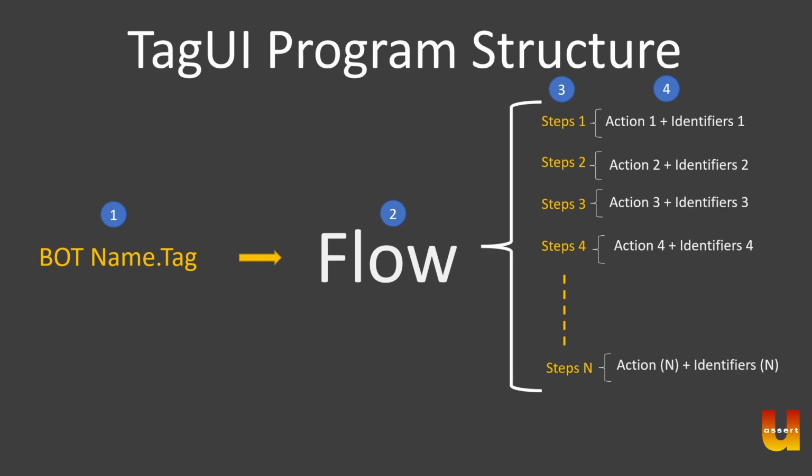I'll be using the same example code which we have used to test the installation and configuration of TagUI, which comes as part of the installation package, which you can find in seed:/TagUI/flow/sample folder. Let's now connect these concepts, a flow file, a flow, steps, action, and identifier, and see how they are put together with an example of a bot process. The bot process or bot file which contains the flow has an extension .tag. In this case, it's